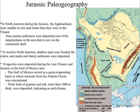The Appalachians at this point are only going to continue to get smaller. They are no longer building. They're just simply eroding away. However, we're going to talk more about what's happening out here in the west. We're going to see some mountain building, lots of mountain building out there. And we're going to concentrate actually a little bit down here where we live, right, in the Gulf of Mexico region,